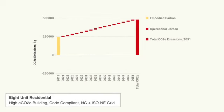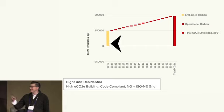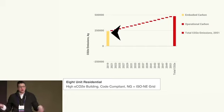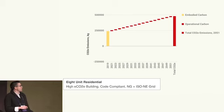So again, looking at this 8-unit residential building that Chris spoke about that was modeled, we are looking at a high embodied carbon equivalent building that is built to code compliance, and this is on the New England grid. What we see here is the yellow bar is the embodied carbon. So this is the amount that went into the building before anybody turned the lights on, plugged anything in, started using the building. This is what is already the climate impact just from the creation of that building, transportation,